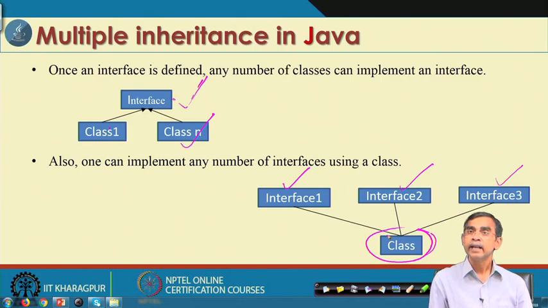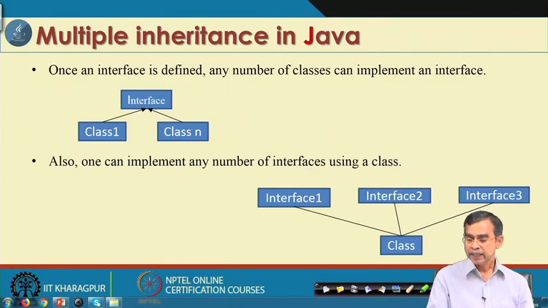Now, you can see this is just like inheritance. That means this class inherits all the methods and all the variables that are declared in the interfaces. So, it looks like multiple inheritance, that is the multiple inheritance concept. In Java it comes about in this way: if it is an interface you can do it, but if it is an abstract class you cannot do that. All these things should not be an abstract class or any class rather. We will discuss more about multiple inheritance in Java using interfaces in due time.